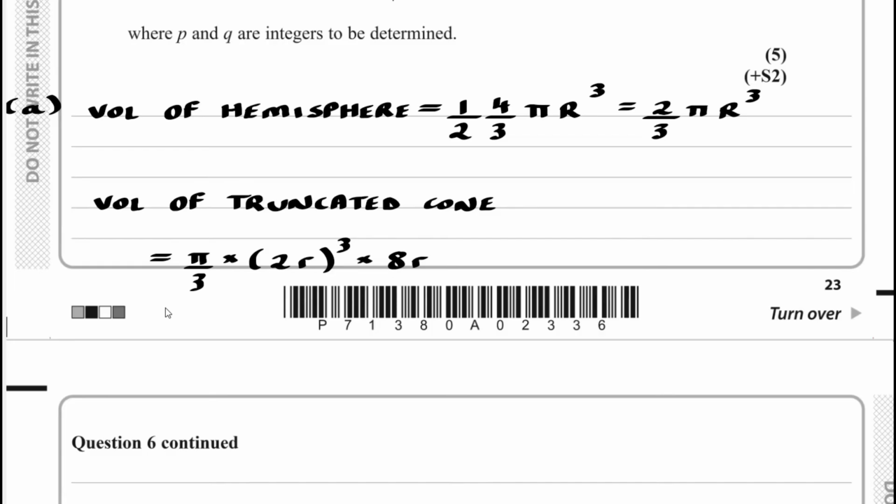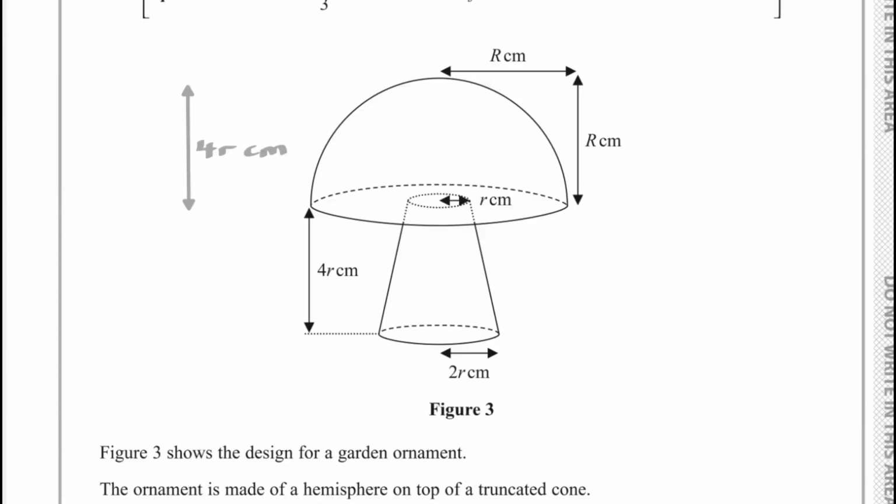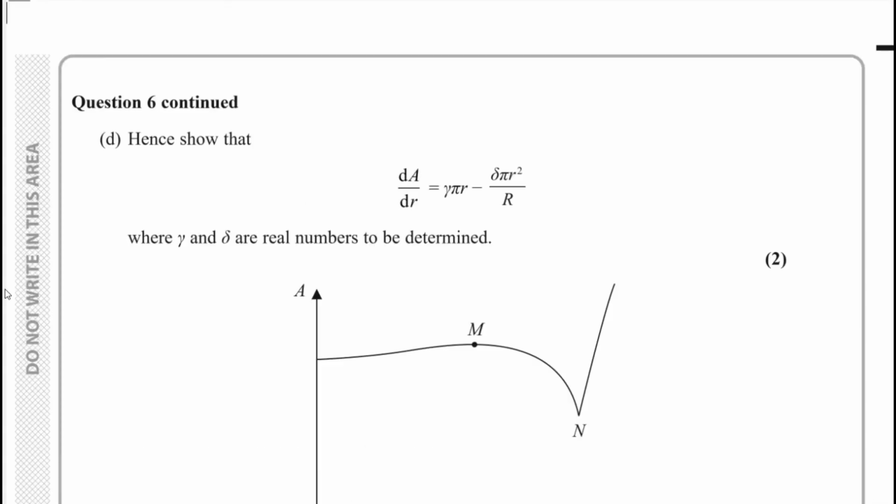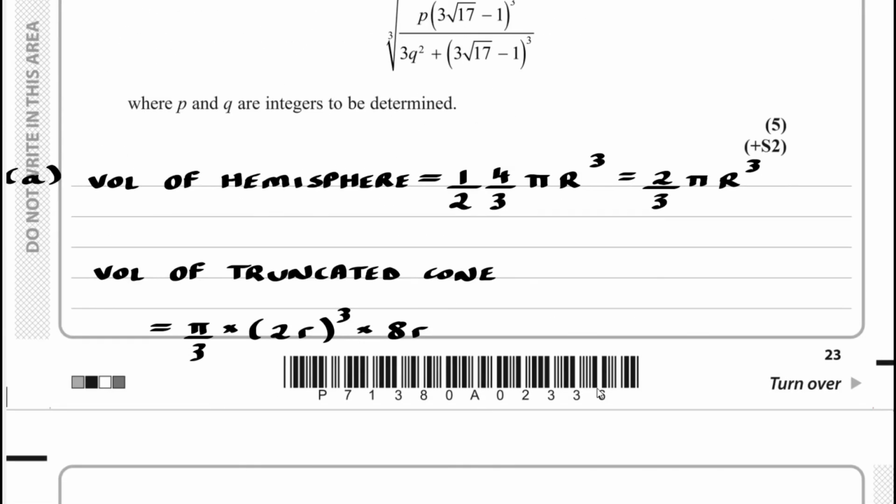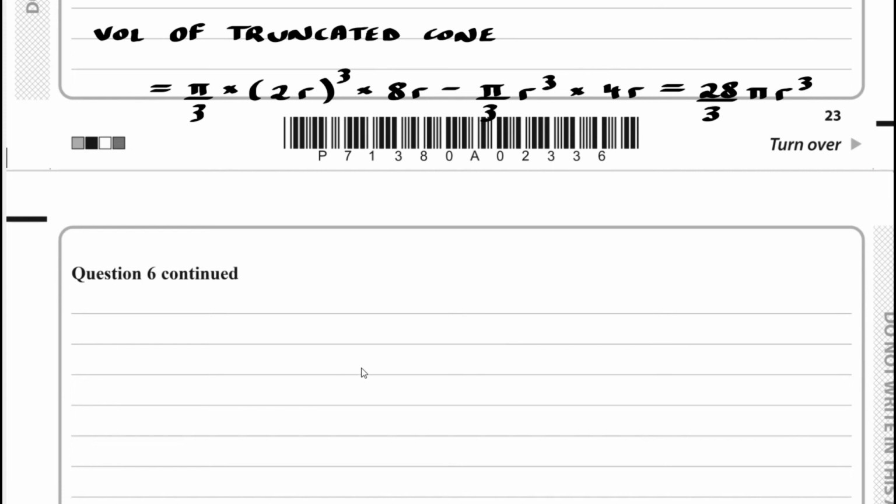So this is the larger cone, and then we subtract the smaller cone. So we would subtract from this pi over 3 r cubed multiplied by 4r, and that gets us 28 over 3 pi r cubed. So now what we need to do is add those volumes together and set it equal